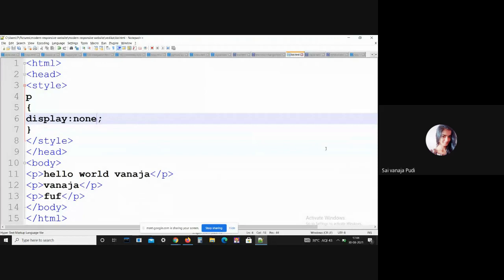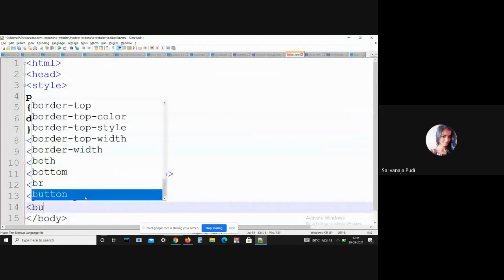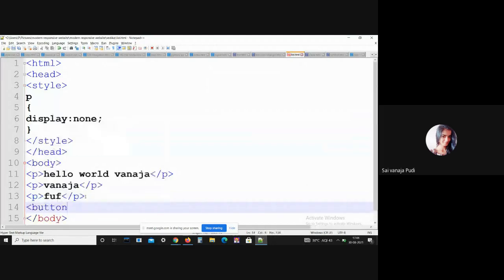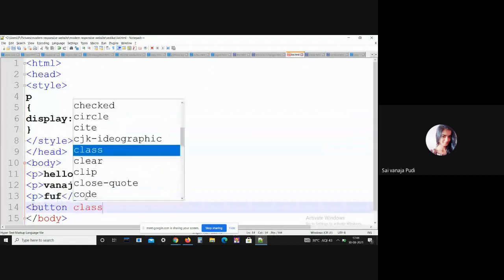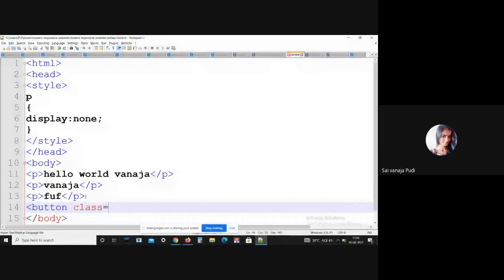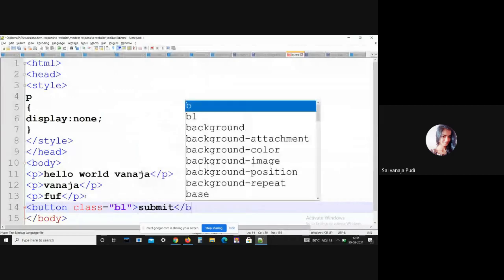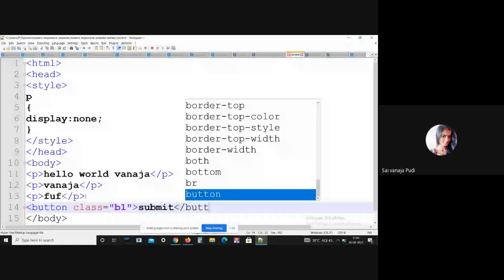Let me give it class b1, and now let me add Submit, and after that you should close your button tag. Here I have successfully created the button tag.